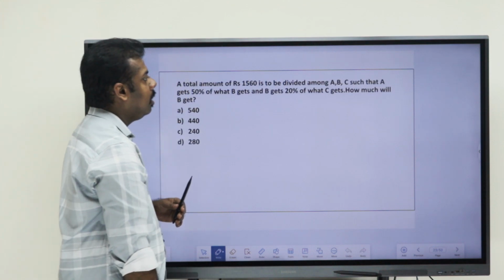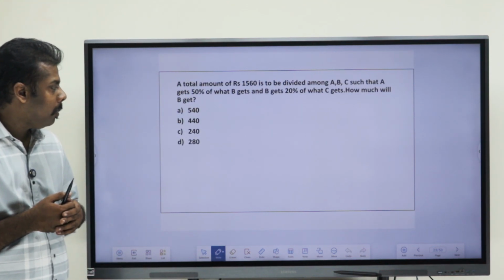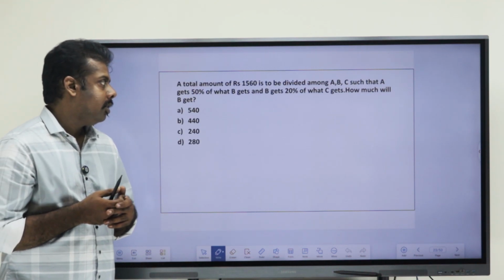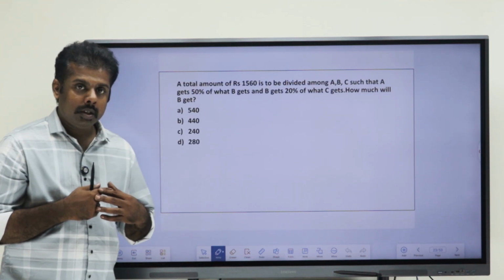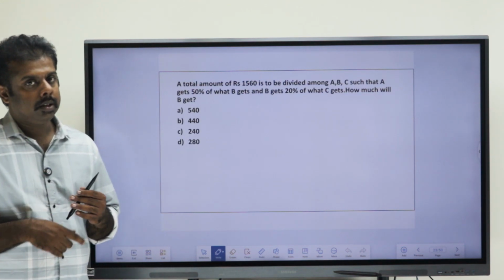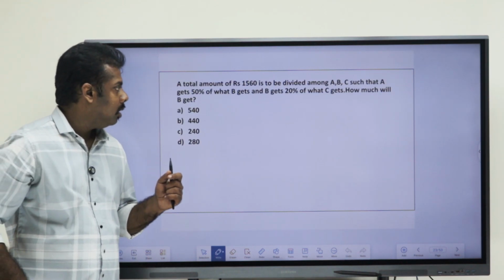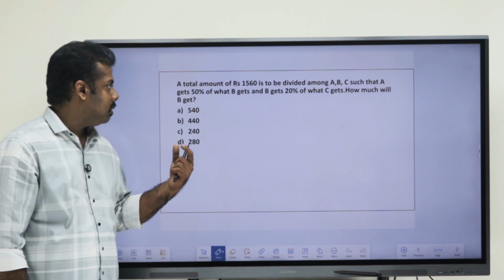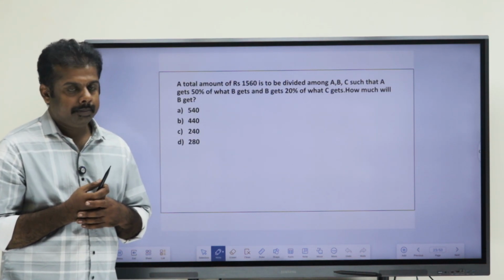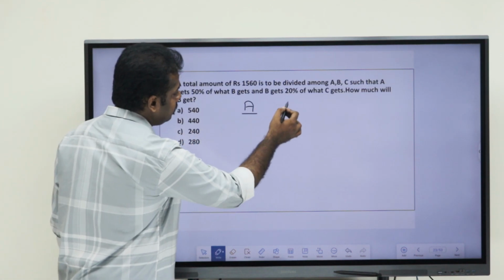Now here they have given a total amount of 1560, and they are told that it is being divided among A, B, C such that A gets 50% of what B gets and B gets 20% of what C gets. They have asked how much B will get. So we have to find the amount out of 1560 that B gets. This question as well we can do in multiple ways. If we are just comparing the conditions, they have told that